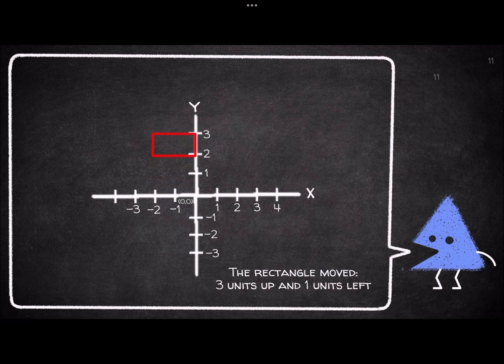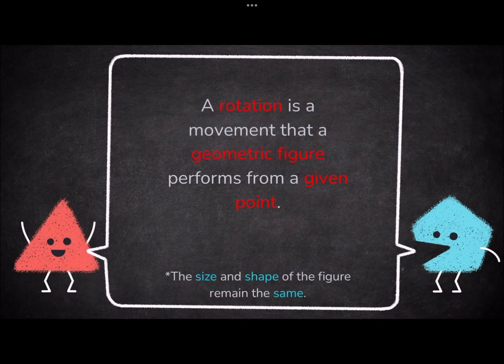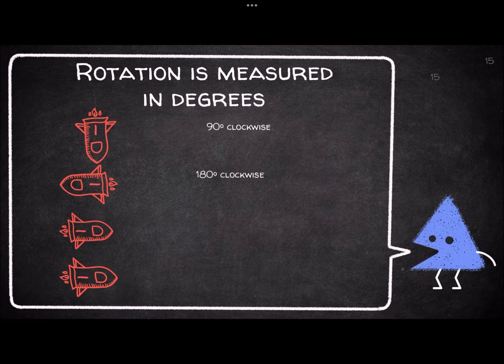Now that we finished the first movement, we are with the second one, that is rotation. A rotation is a movement that a geometric figure performs from a given point. You need to know that the size and shape of the figure remains the same. Also, the rotation is measured in degrees, so the first rocket moved 90 degrees clockwise, the second rocket moved 180